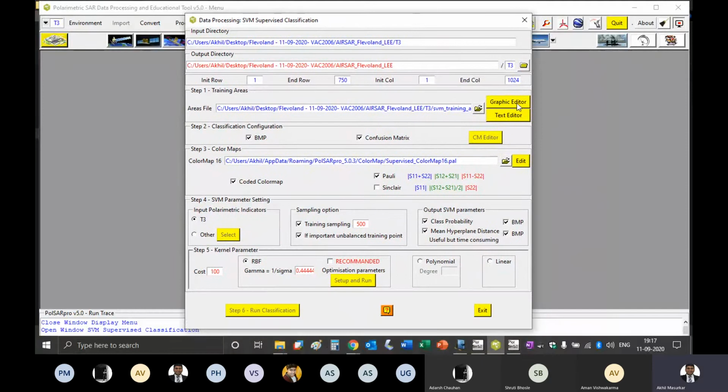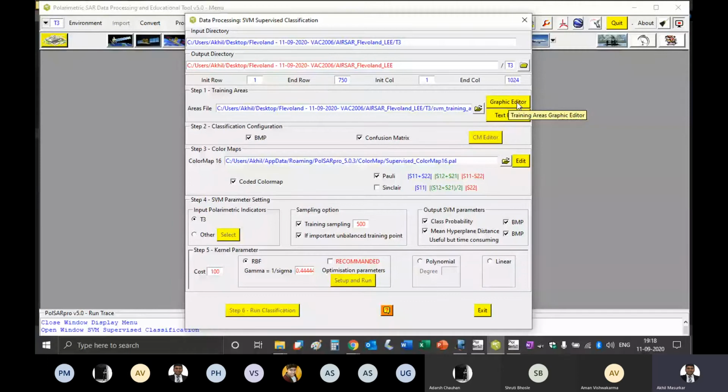So this time we did not use the graphic editor for the second filtering because we have already made the training area file before. Every now and then making the training area file can become a very tedious job because sometimes there are 12 to 13 classes and each class has around 4 to 5 samples. If you multiply 12 by 5 for a rough calculation, you have to give 60 areas.